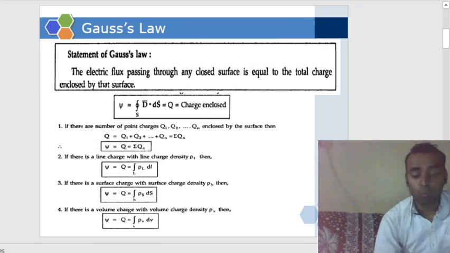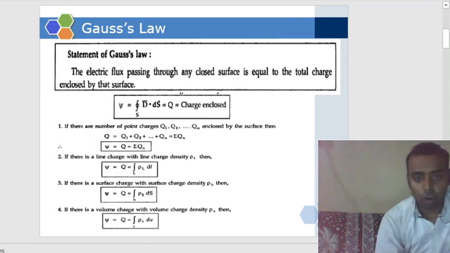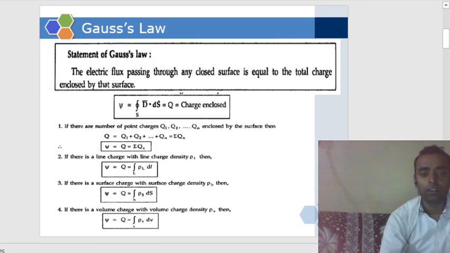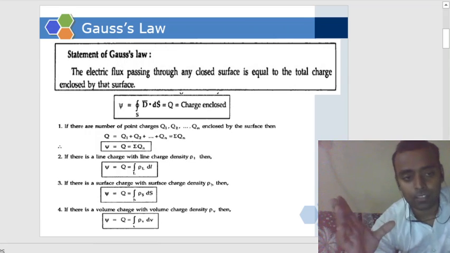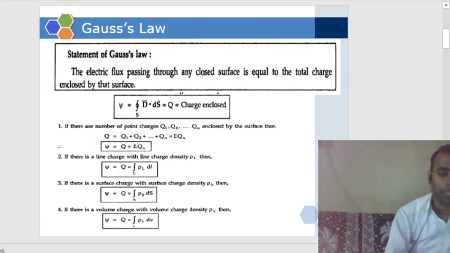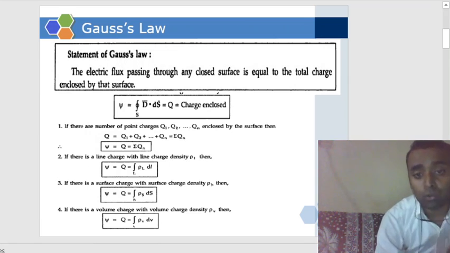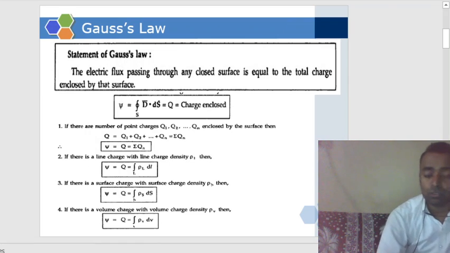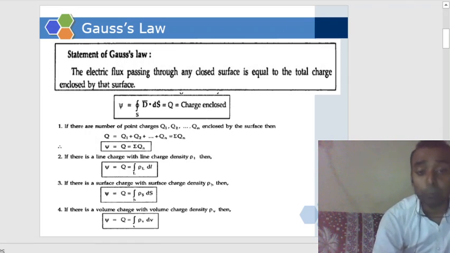Okay. One important thing which I am discussing is Gauss law, and remember, this is a sure short question which will be asked in your midterm, and in the finals also. Every year they ask: state and prove Gauss law. So you must know what to write, what not to write. This is the thing which you have to know.